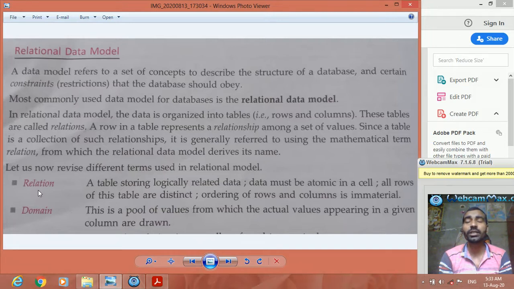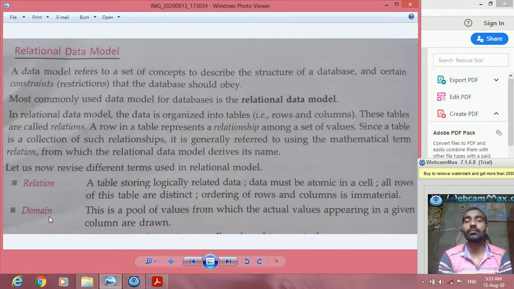A relation is a table storing logically related data, and in that, data must be atomic in a cell. All rows of this table are distinct. Order of rows and columns is immaterial.